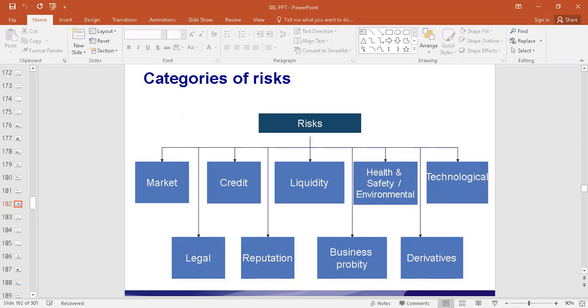So anything that happens in the market, if they are not performing well with respect to the products and services, because of their quality, because they do not meet the customers' expectations, because of the reputation getting affected, for all these reasons, we see that there is risk present in the market. Okay, so that's market risk. Legal risk. The legal risk is self-explanatory. Legal, because of changes in the rules and regulations. Any amount of risk that is present is called legal risk.